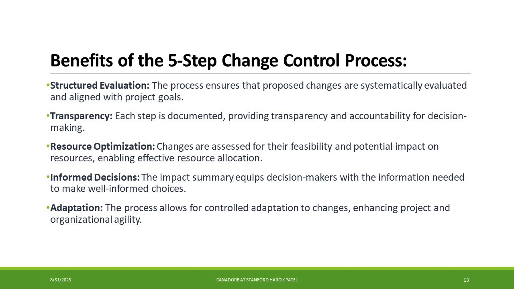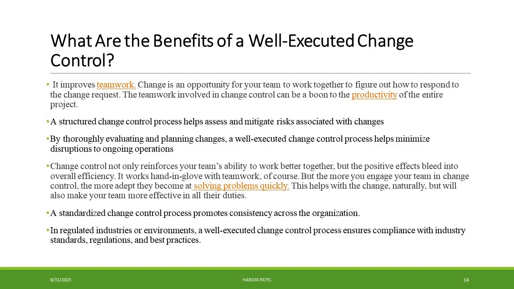By following these steps, organizations can navigate changes with greater efficiency, ensure strategic alignment, and achieve successful change implementation while minimizing disruptions and resource wastage. The benefits of a well-executed change control process are numerous and contribute to the smooth and effective management of changes